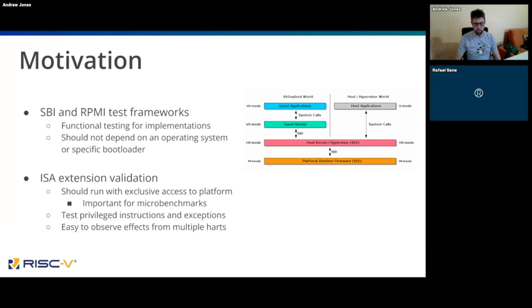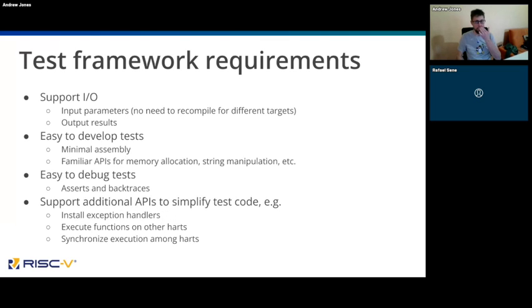And we can't just accept some sort of test framework that would only be limited to a single hart. It needs to be able to run on all harts in the system, or at least a large subset of them. And so those are actually already requirements being listed for what this framework should look like, not just motivation for it. And then here's some more framework